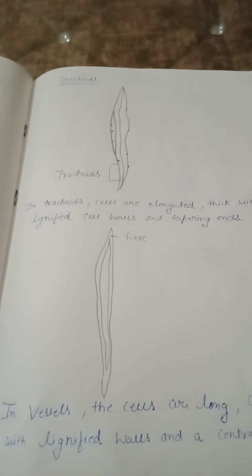Means it's a fluid-conducting tissue consisting of a single elongated cell with pointed ends and a secondary cellulosic wall with lignin. What is lignin? Lignin is a dead matter which is a chemical binding substance. Okay. Tracheids serve for support and for upward conduction of water and dissolved minerals in all vascular plants. This is about the first component of xylem, tracheids.